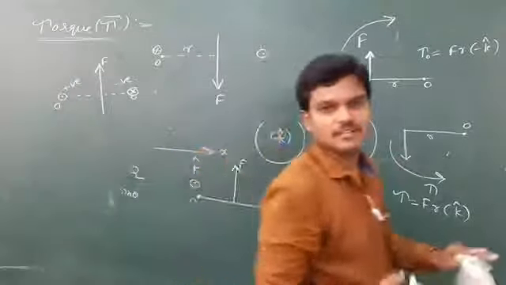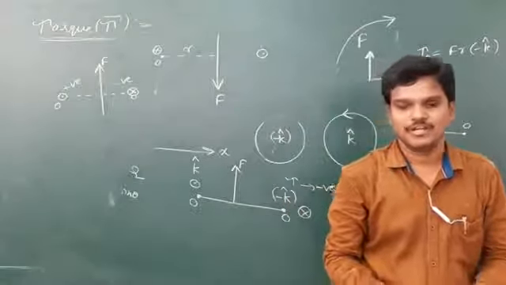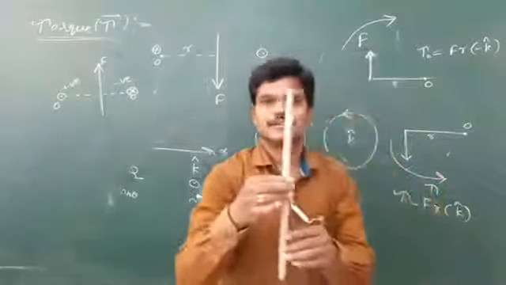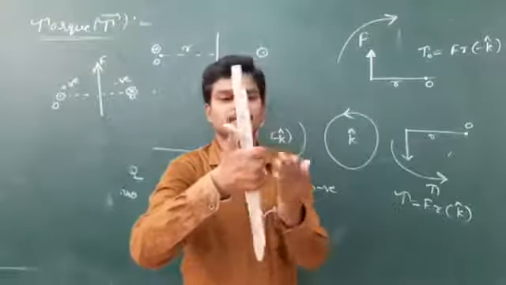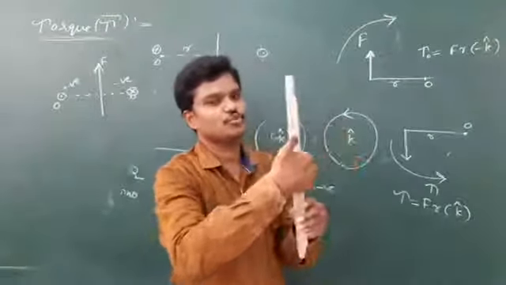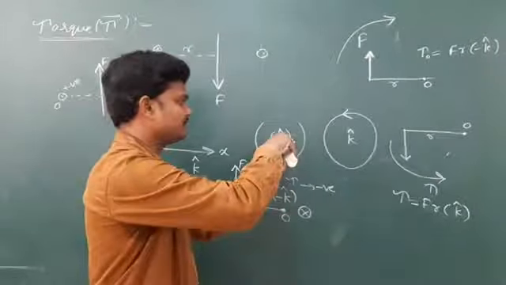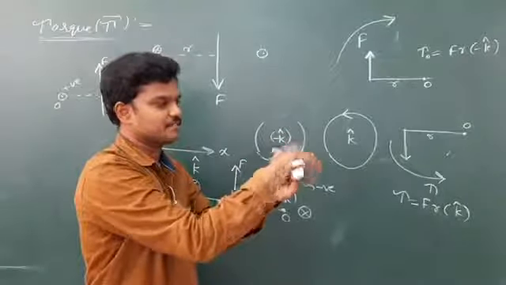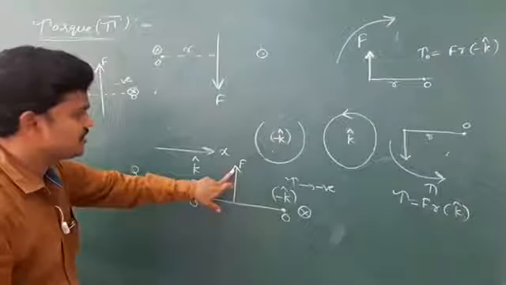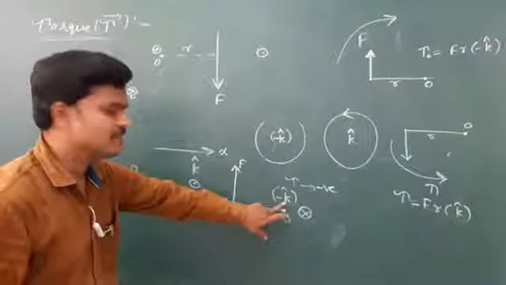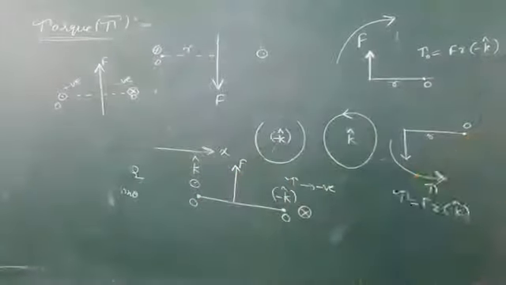Okay, in second PUC, you will get some equations based on this, like Ampere's right hand thumb rule. If you hold any conductor in your right hand, then the fingers will move like this. Here this is into the board. Fingers will move into the board. If I hold like this, see the fingers are moved in this direction. Here I am using the simplest way. Just see, for F, where is O? If it is right side, the torque is negative. If it is left side, torque is positive.